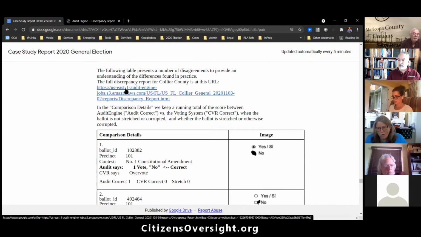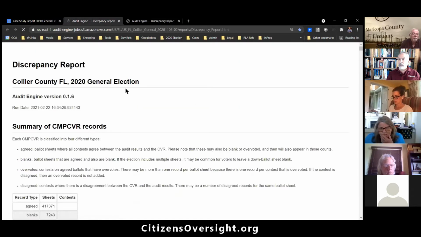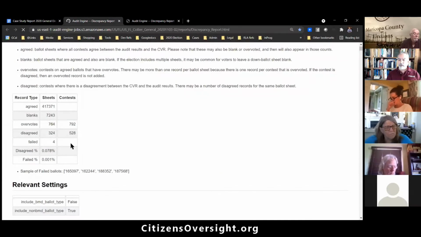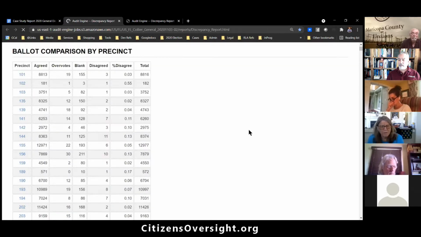I'm going to click on this and that opens up another page. It's going to take a while to load because it goes through 528 different discrepancies. They're broken down by precinct, which is how they like to consider it. And you can see here it's a 0.03%